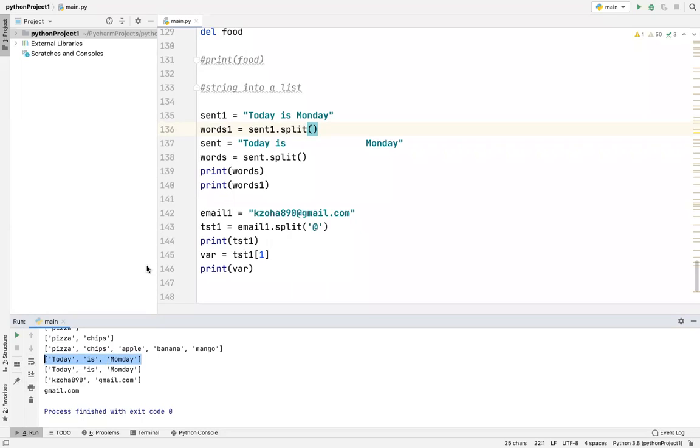Now, one thing that I want to emphasize over here: in a string, this was the 0 index, this was the 1 index, this was 2, this was 3, this was 4, 5, 6, 7, and so on. However, in a list, this whole word "today" is the 0 index, this whole word is the 1 index, and this whole "Monday" is the 2 index. You can always extract these